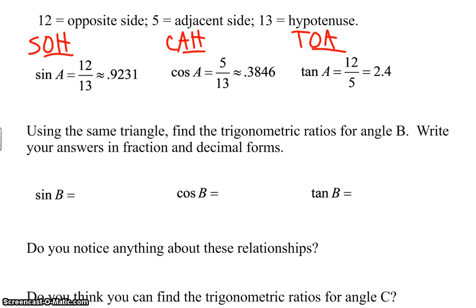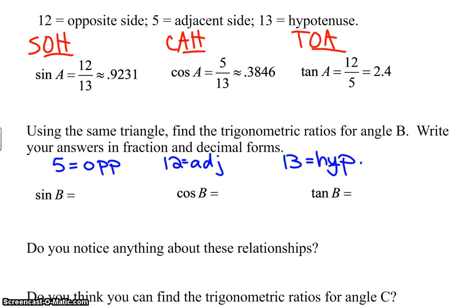Now, you could do the same triangle, only this time if you're shooting for angle B. So you have to identify your sides again. In this case, 12 is no longer the opposite side. The opposite side is 5. The adjacent side is 12. The hypotenuse is still 13. So we simply fill in the numbers